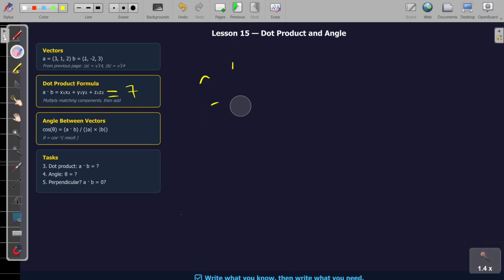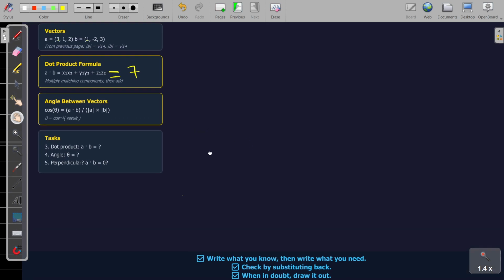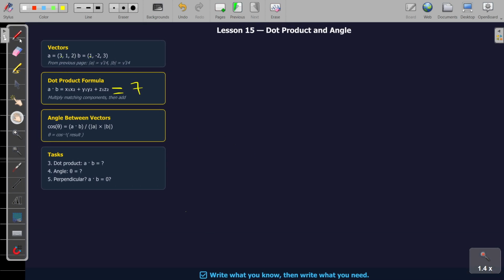Now I want to calculate cosine theta. We also want to have a habit of writing what you know and then writing what you need. So I've written out what I know already. A multiplied by B, the dot product, I have is 7. And then the magnitudes here, which will be square root of 14. I wrote that. And now I need to know